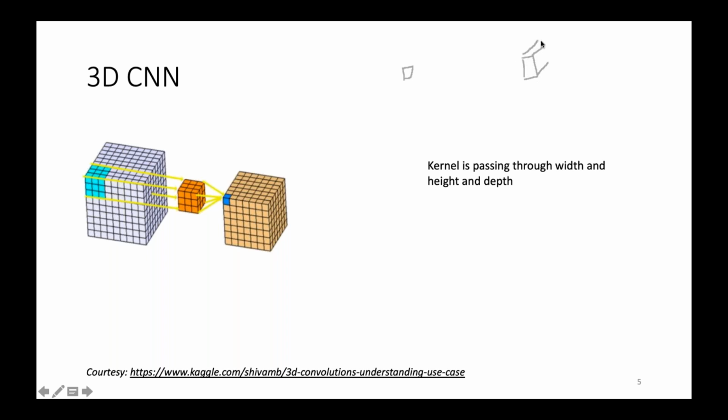Here we can see it has the width, the height, and the depth. This unit is called a voxel, similar to what is called a pixel for 2D images.